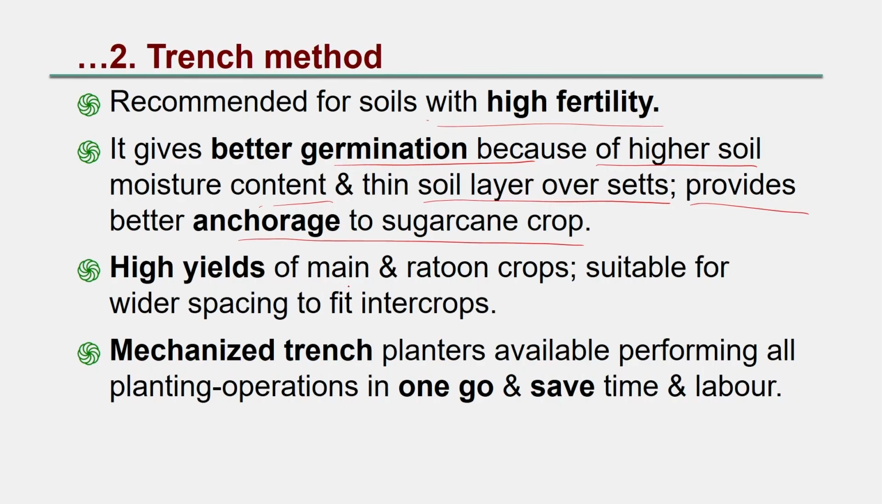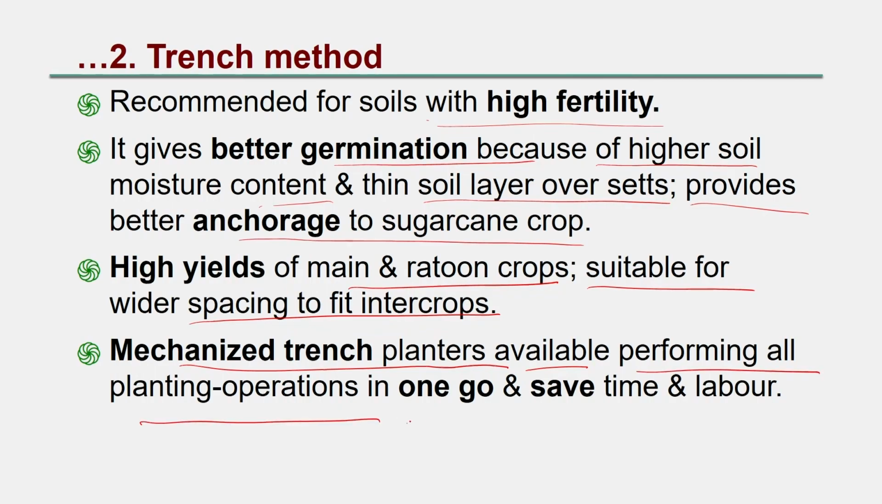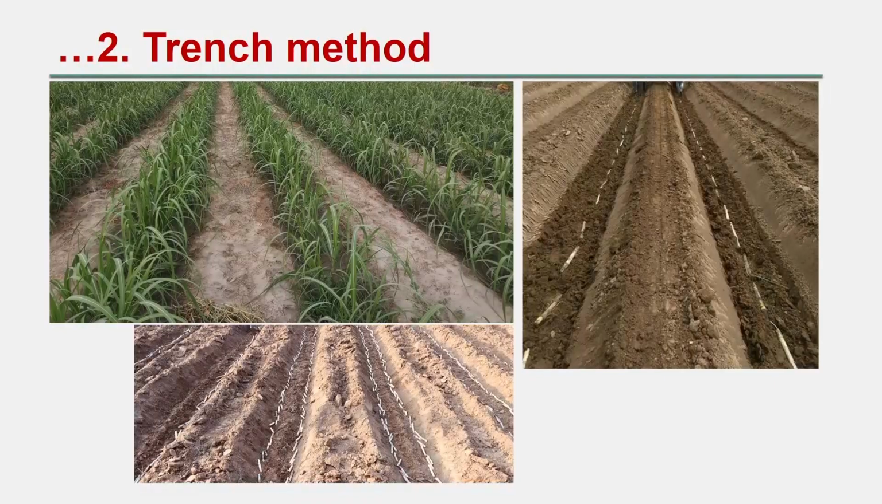High yields of main and ratoon crops are obtained, and it is suitable for wider spacing to fit intercrops also. Mechanized trench planters are available, performing all planting operations in one go, and they save time and labor. So, you can see this is the trench method. Trenches are made, these are the trenches, and in the trenches, on either side or both sides, the sugarcane sets are kept. They can be kept this way also,